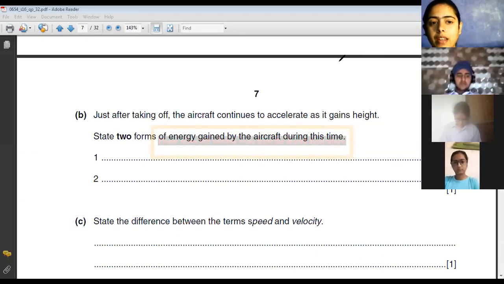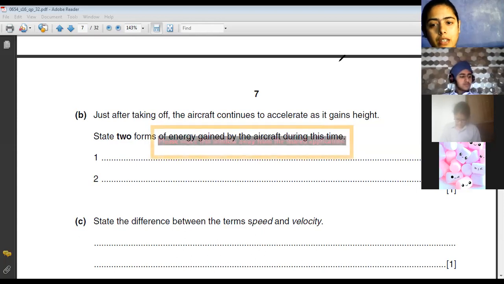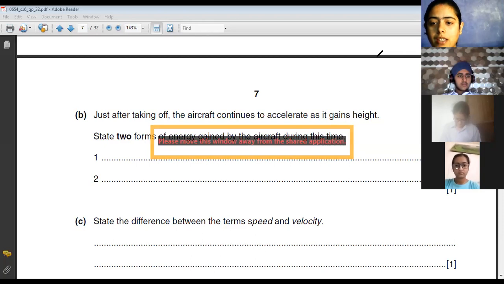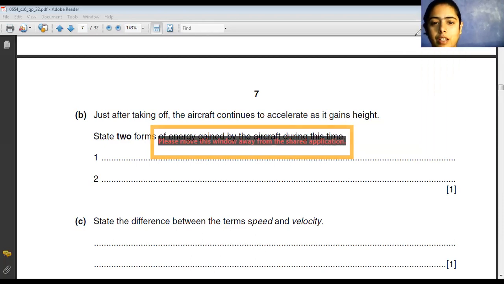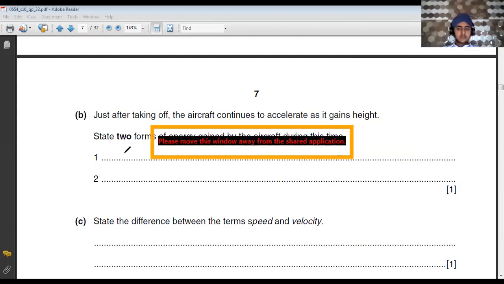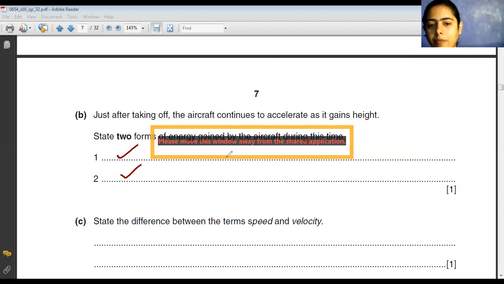Okay. Now here the marking scheme is going to be a little tricky. Why? Because the answer is of 1 mark. Marks 1. Answers you have to write 2. So 1 over here, 1 over here. Maybe it is that if any one is correct, give 1 mark. Maybe it is if 1 is correct, 0. If 2 are correct, only then 1 mark.